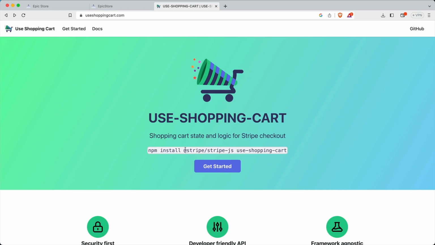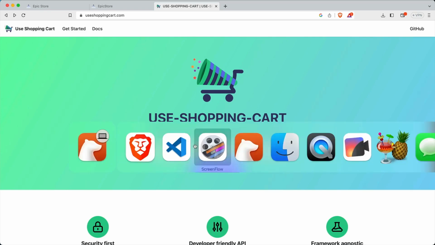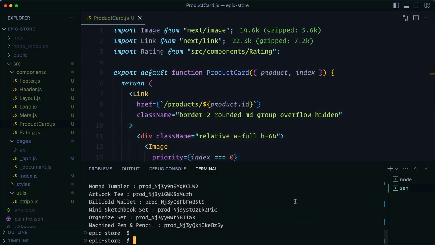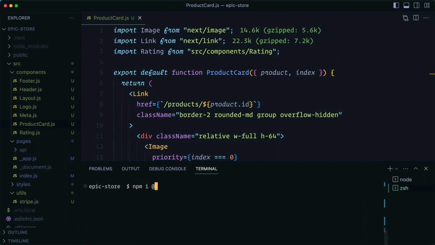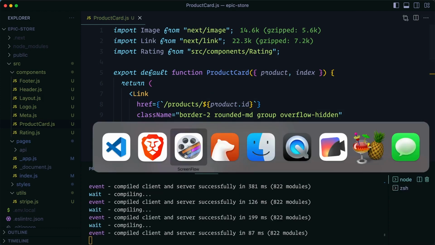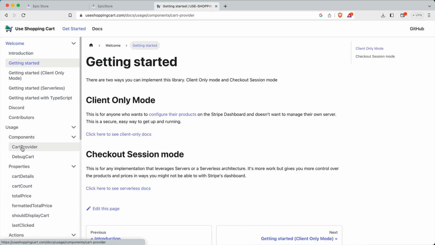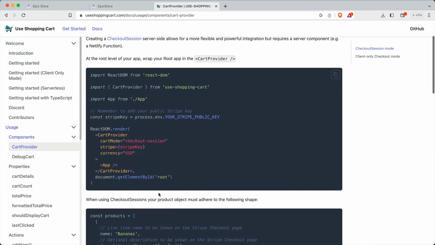So to get started, we need to install the stripe/stripe-js package and the use-shopping-cart package. We're going to install two very specific versions. So we're going to run npm i @stripe/stripe-js@1.52.1, and we're going to install use-shopping-cart@3.1.6. The first step to using this hook, if we go to usage, components, cart provider, is to